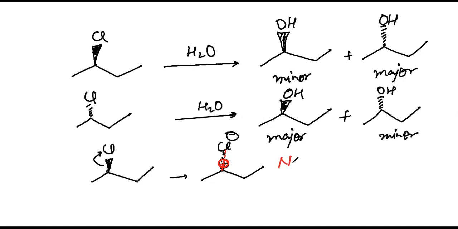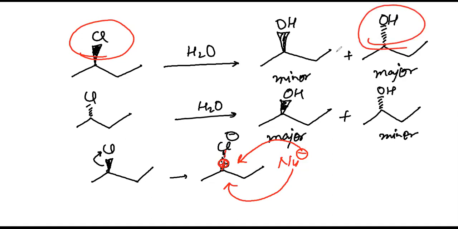So let's say now the nucleophile has to approach. Tell me, from where can the nucleophile easily attack? From the side where Cl is present, or from the opposite side of Cl? From the opposite side of Cl, sir. That is why whenever Cl is on wedge, you get major product from dash. Whenever Cl is on dash, we get major product on wedge. This is called the intimate ion pair effect. I hope you are familiar with the word intimate. Cl minus and plus, this anion and cation, are quite intimate with each other. That's why they don't leave each other permanently until both get settled out. Is this clear? Yes, sir.